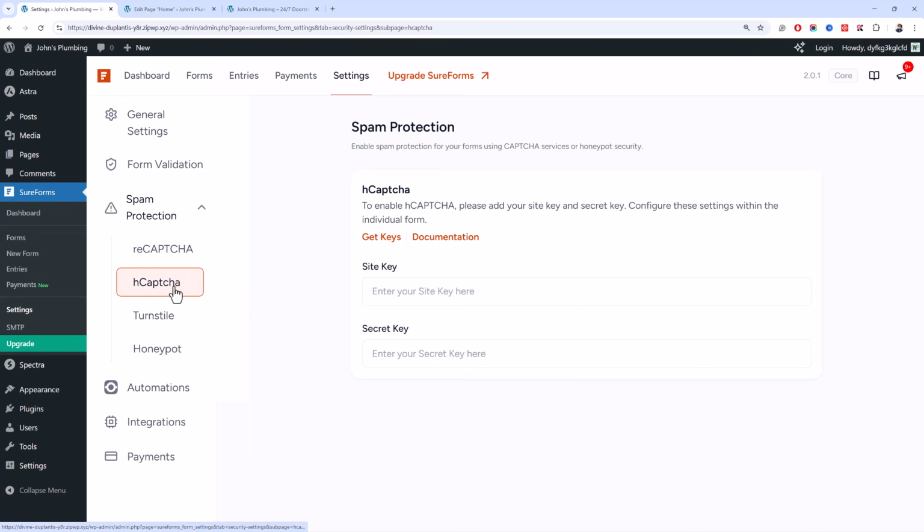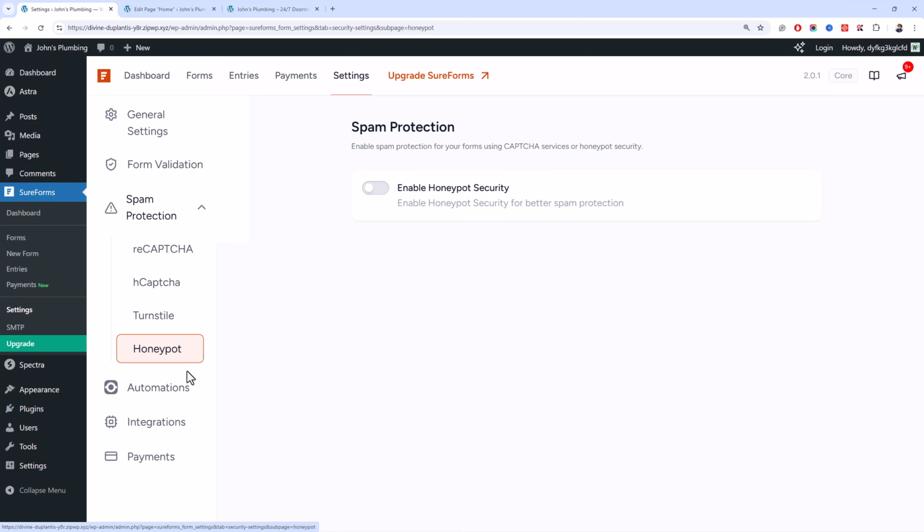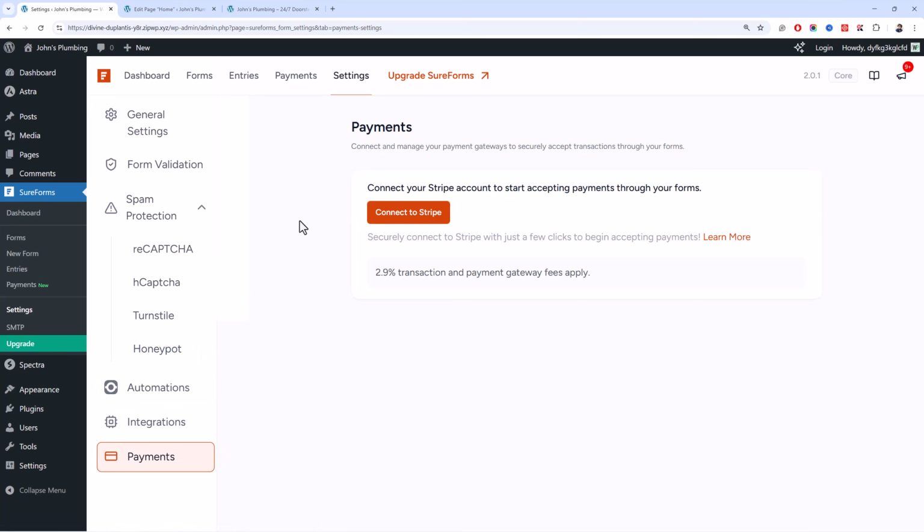You can also use hCaptcha, you can also use Turnstile, and you can also use Honeypot. And then you can also connect with Stripe to accept payments using Showform.